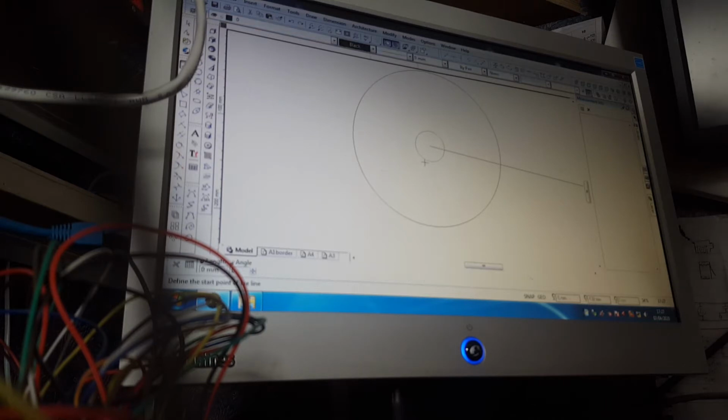Right, so I'm just going to put a radial line on, again, trim it there and there. So that effectively is the difference of that circle minus the radius of the small circle. Right, I'm now going to move that to the centre,